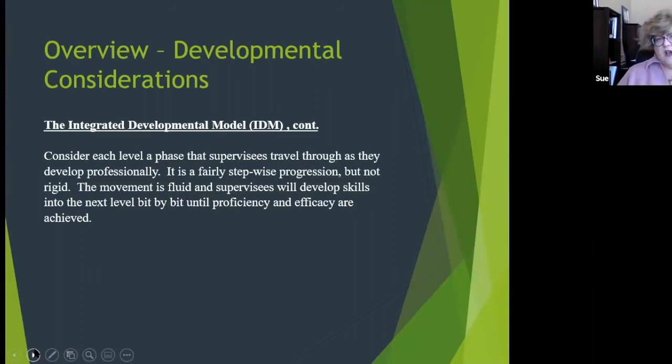And I will say, this is just a comment, it's very much a stage development model, and people do go through those things, but people do it in their own way. I may show signs of getting to the next stage, but I may still have some things at the previous stage before I completely get to that stage. Again, that's all part of understanding your supervisee's development and what they may need. And like I said, another model that I included in your booklet is the discrimination model.